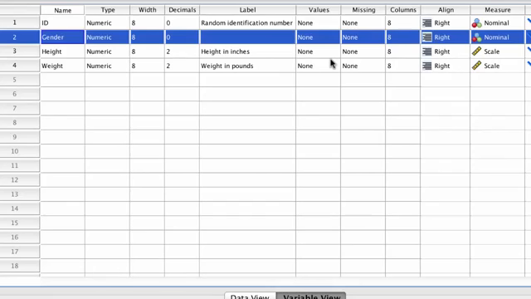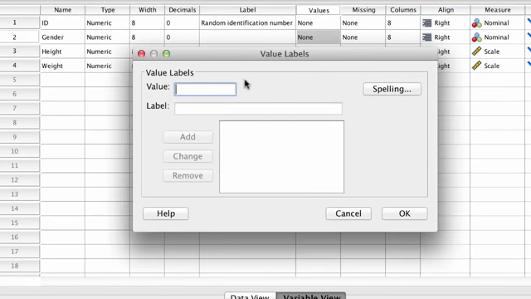So before we begin analyzing these numbers, there is one other thing that we should do. For a variable like gender, where we coded the 1 and the 2, we don't want to get confused with who was male, who was female, what number stood for what. And so we are going to assign value labels for each level of this categorical variable. Click on Values. I'm going to tell SPSS to represent all of the